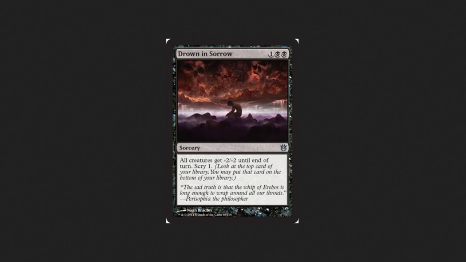I'm sure Esper Control might want it. I'm sure a few other control decks like black-green control will want it. They're using Golgari Charm right now, and this is just either an addition to Golgari Charm or a strict upgrade to Golgari Charm. Even though Golgari Charm is instant speed, the good thing about Drown in Sorrows is that it will be a lot better versus Mono Blue,